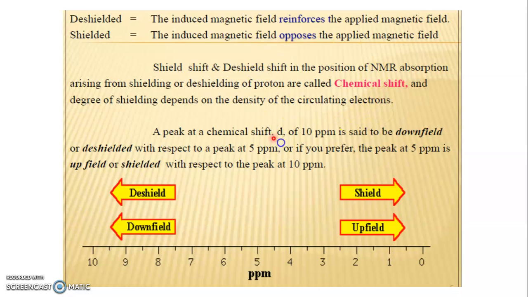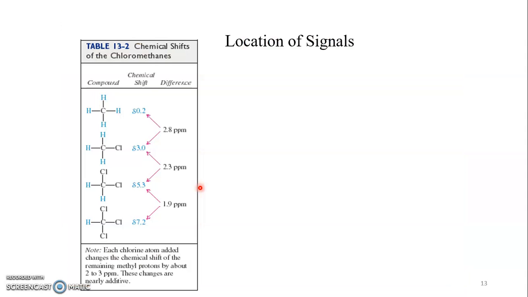Okay, this is the information obtained from the delta scale or the chemical shift scale. Now all the shielded protons will be closer to the 0 value, and we require a higher field in order to resonate. So we can say that shielded protons are resonating at a higher field, and the de-shielded protons are resonating at a down field or a lower field. So this is a typical example to explain the